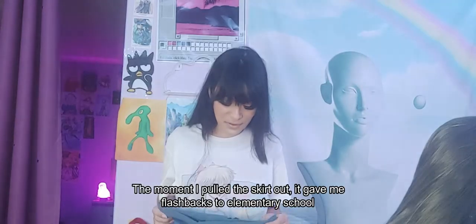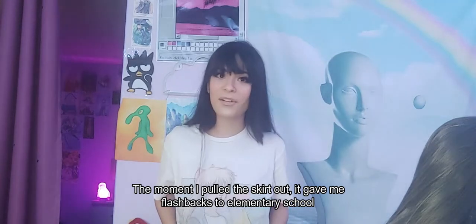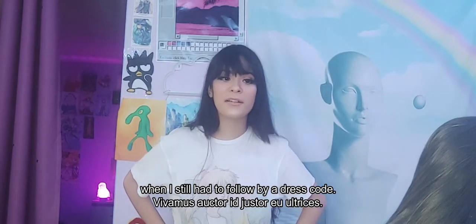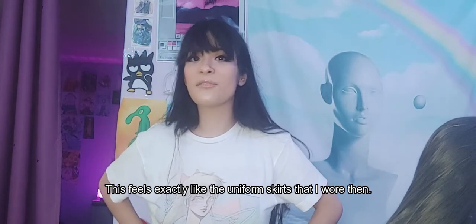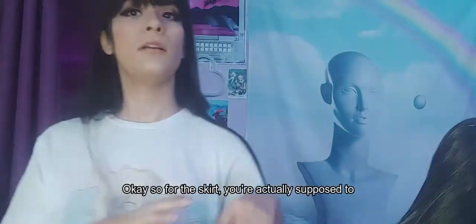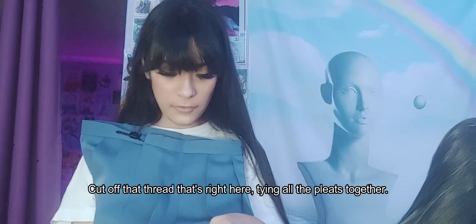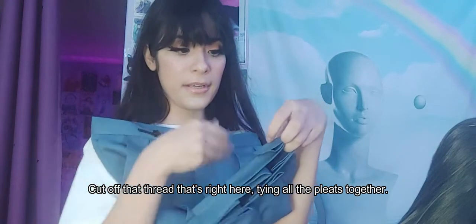The moment I pulled the skirt out, it gave me flashbacks to elementary school when I still had to follow a dress code. This feels exactly like the uniform skirts that I wore back then. Okay, so for the skirt, you're actually supposed to cut off that thread that's right here, tying all the pleats